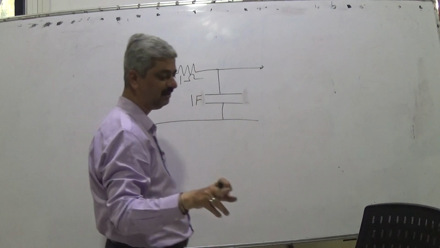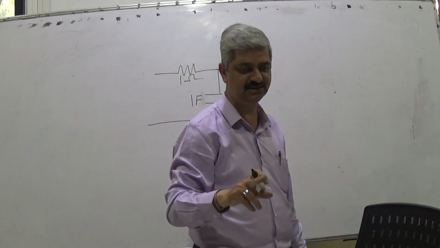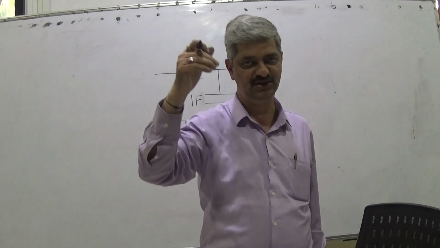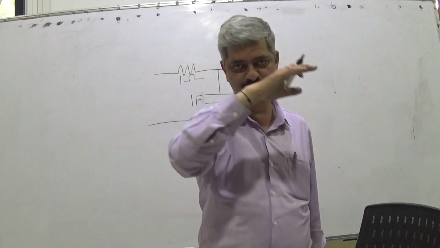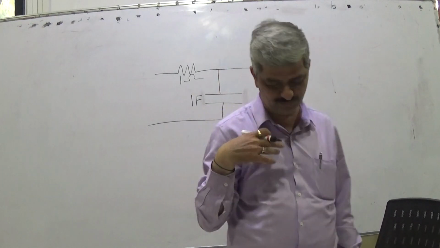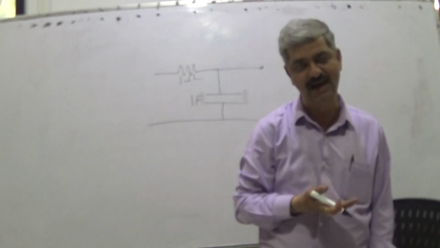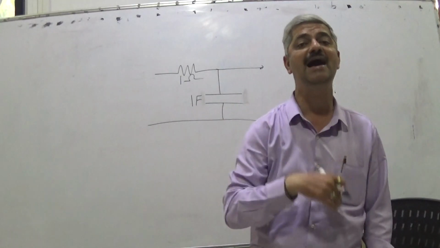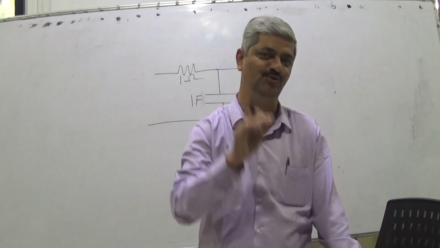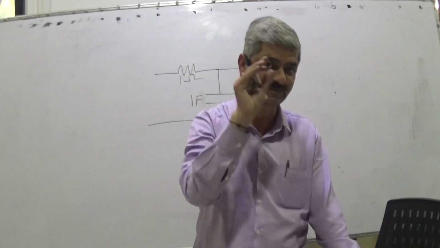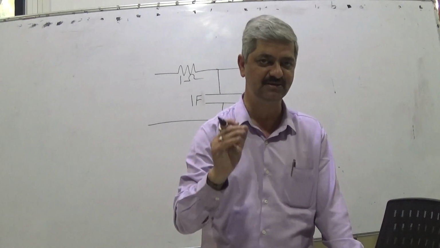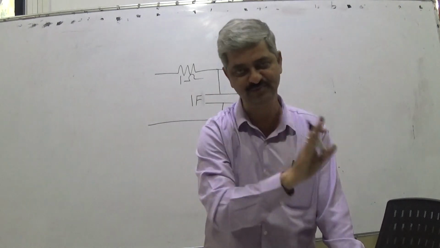I think I will give you homework. For the same circuit which we discussed right now, a 1 volt battery, a switch closed at t equal to 0, finding the output for various values of VO0, you should work for values of R and C as not 1, 1, but in terms of R and C. So you find the answer in terms of R and C. Put the value as R for the resistor, C for the capacitor and try to find the solutions. The solution type is simple, A plus B e raised to lambda t, and then you can proceed.